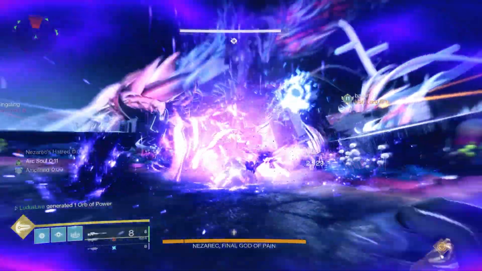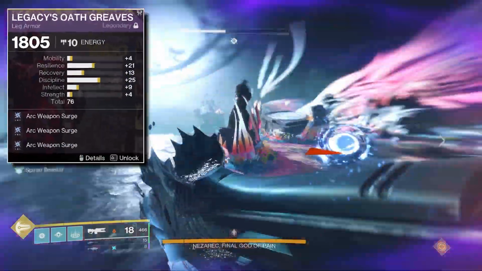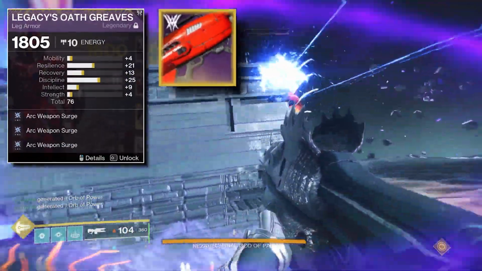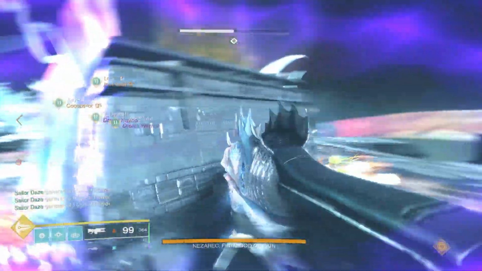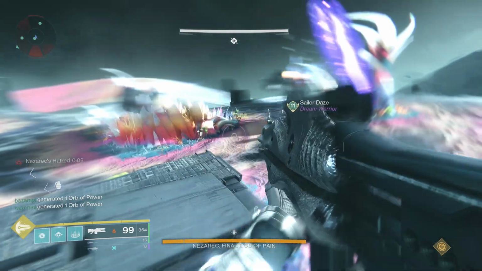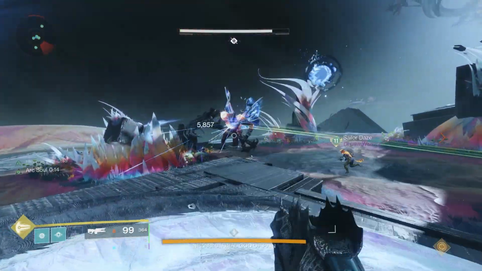The last thing I want to talk about is surge mods. Make sure you have triple surge mods for the weapons you're using. For example, if you're using Hothead, which is an arc weapon, make sure you're using triple arc weapon surges. Normally for raid encounters, the ideal number is double surge and 1 scavenger. But because we're going for a 1 phase, you definitely want to go for triple here, and at least 1